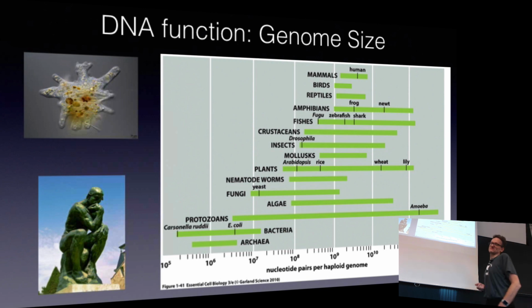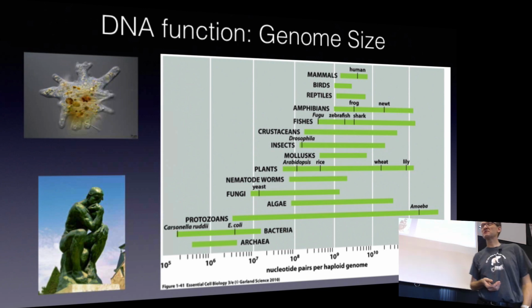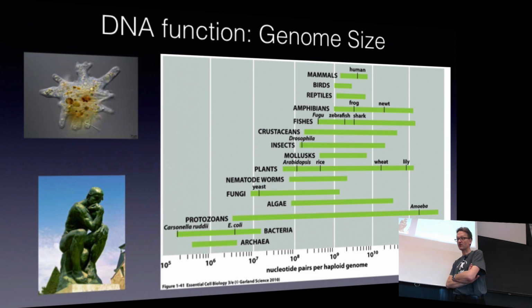That's a number you should know. 3 billion base pairs. Again, plus minus 10%. 3 billion base pairs. How many proteins does that correspond to? Because the genome will encode for proteins, right? So how many proteins do you have in your bodies? Well, we did for a long time. We didn't know. We were guessing. We were guessing a lot.